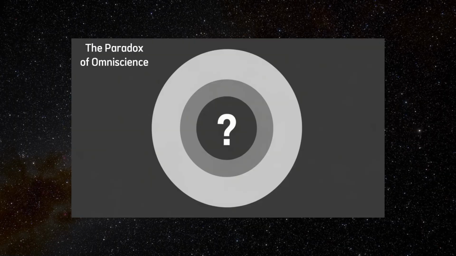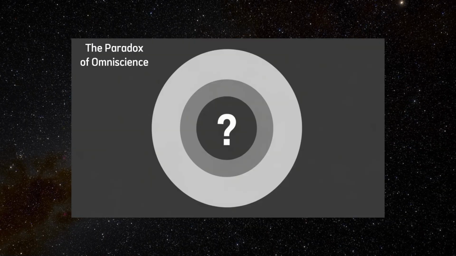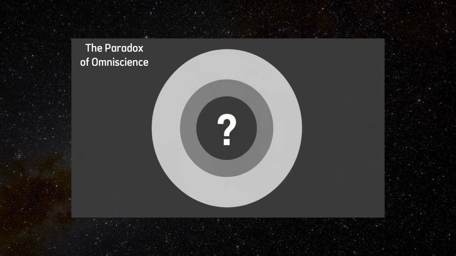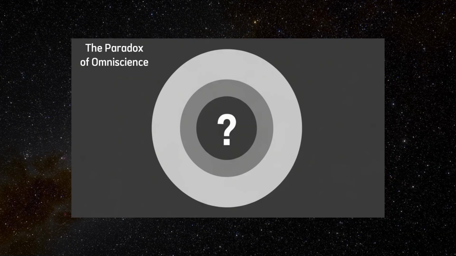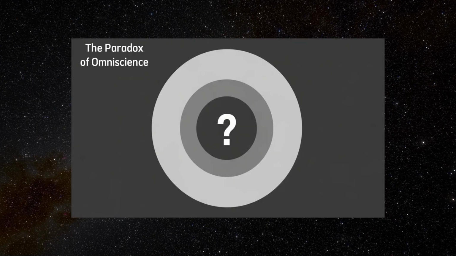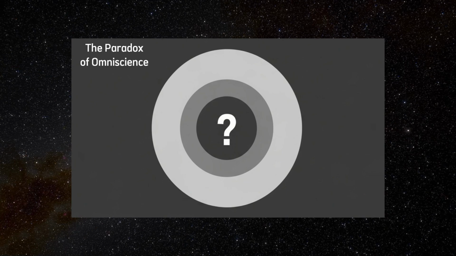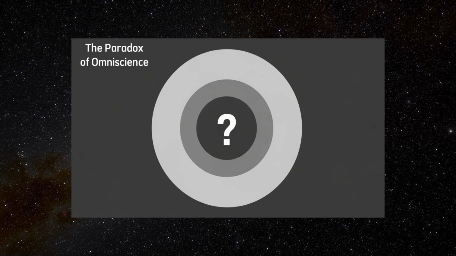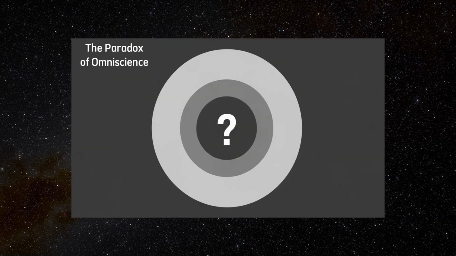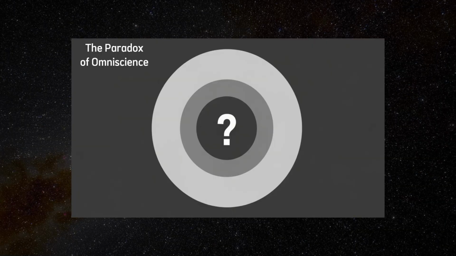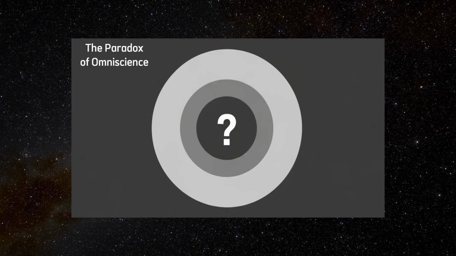The Paradox of Omniscience. The paradox of omniscience is a deep and philosophically challenging paradox that arises when we try to think rigorously about the concept of an all-knowing being, typically in theological or metaphysical contexts, such as the nature of God. At its core, the paradox explores whether the idea of omniscience, knowing everything that can be known, can be logically coherent, especially when it involves knowledge of free will, future actions, or certain kinds of self-referential truths.